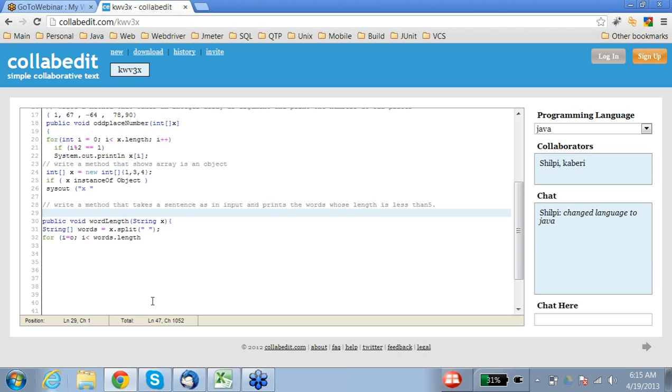Why words dot length? Because these words are in words. i plus plus,